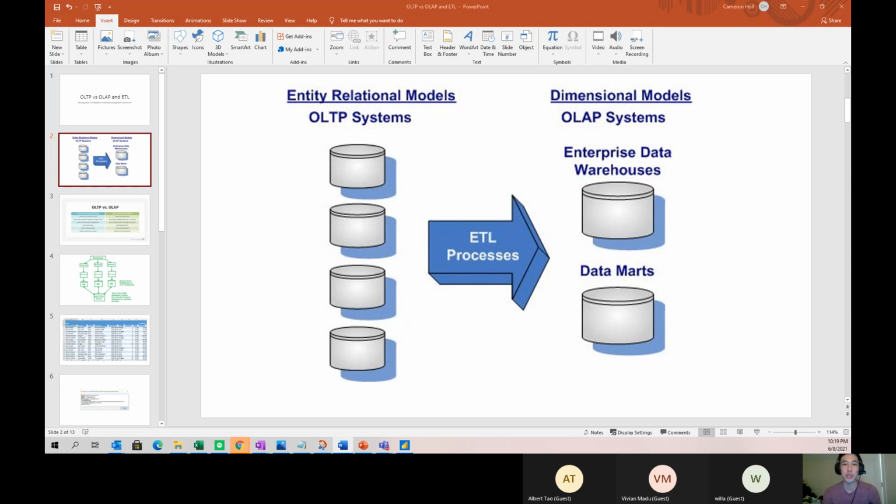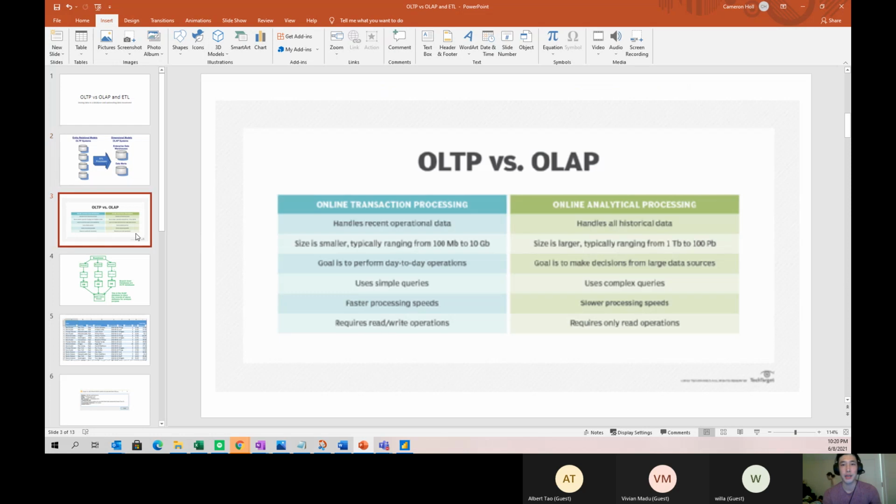OLTP is for maintaining transactional data in a database. The emphasis is on fast processing, as data is updated frequently, most often daily or near real time. Data integrity is usually maintained in that we want to ensure we get all the data and isolate any discrepancies in how we ingested the data. OLTP is usually high frequency and only stores a certain amount of data, usually a day's worth, before it gets overwritten by the next day's data. We perform ETL and move the data to historical storage where we have